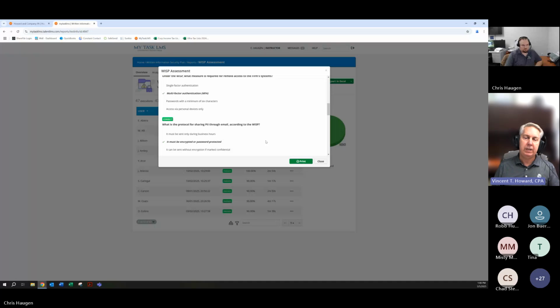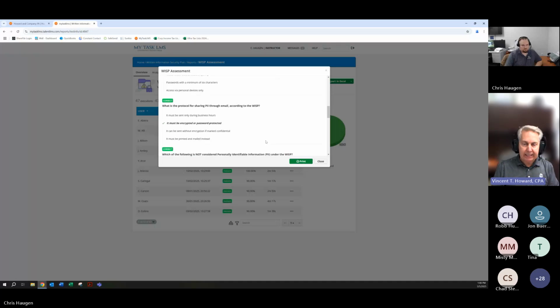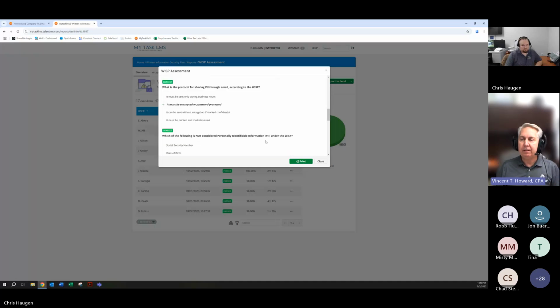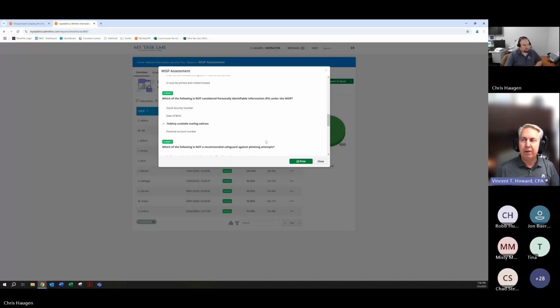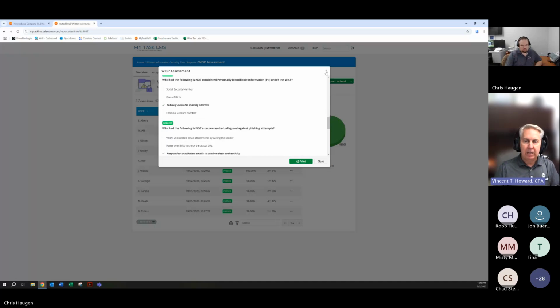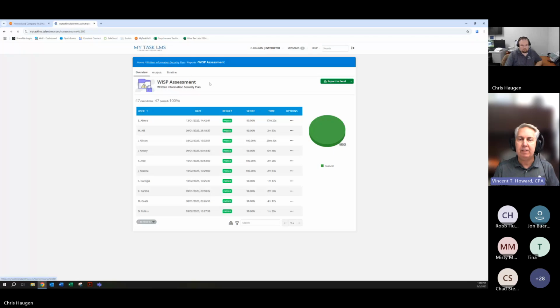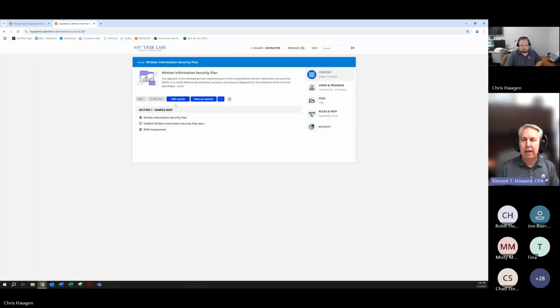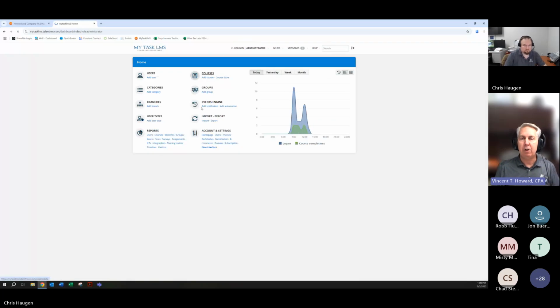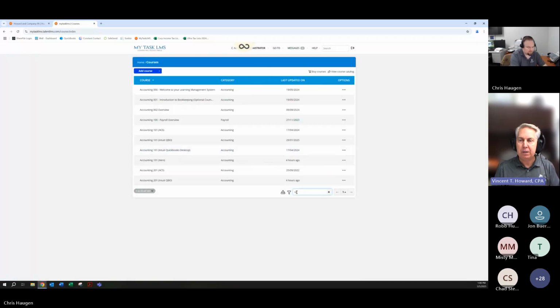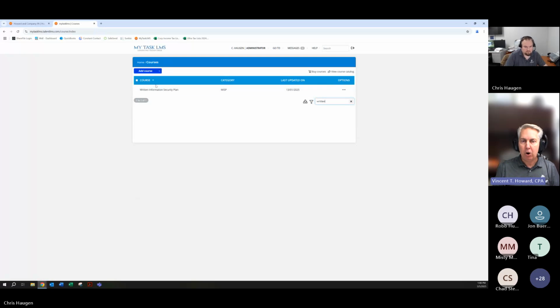So when they do take the WISP and they pass it, they will get a certificate that you can place in their employee file. Then every January 1, it will reset for any of the employees that are in the LMS. So again, I have added all 50 of my employees into the LMS. Even if they don't use the other training modules, I no longer have to track their WISP information for HR.